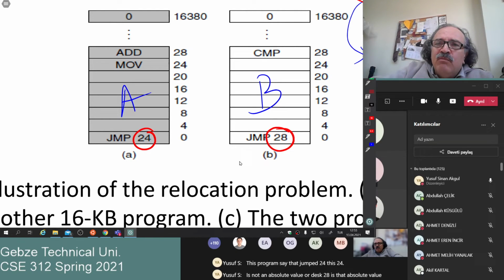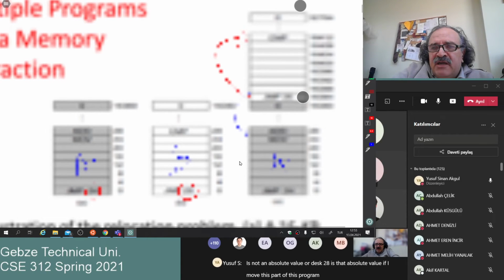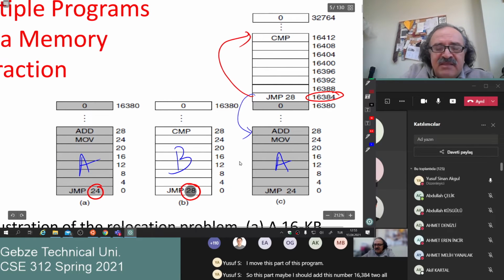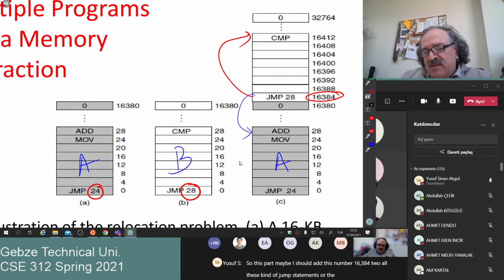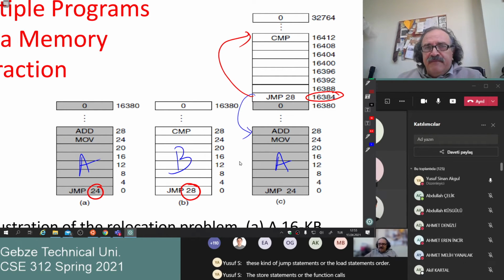If I move this part of this program to this part, maybe I should add this number, 16,384, to all these kinds of jump statements, or the load statements, or the store statements, or the function call statements, etc. So this is called static